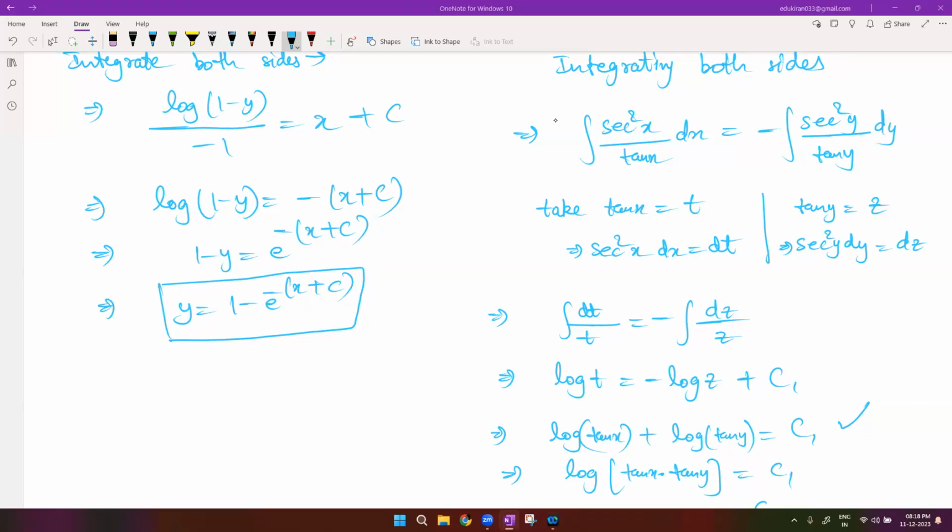तो e to the power x dx upon 1 minus e to the power x, ये सारा एक साथ हो जाएगा। और tan y sec square y वाला पार्ट पूरा एक साथ dy के साथ चला जाएगा, है ना। इजीली हो सकता है और ये काम। इट्स नॉट अ टफ जॉब।